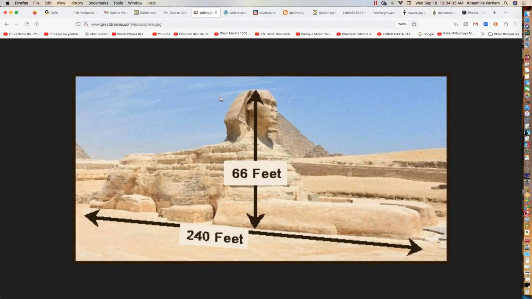I'm going to go through the math. You can check it if you like later. I want to get to the point of what it's saying. So length 240 feet times height 66 feet equals 15,840. We're going to now divide 15,840 by 13.8, the circumference of the head, and that number yields